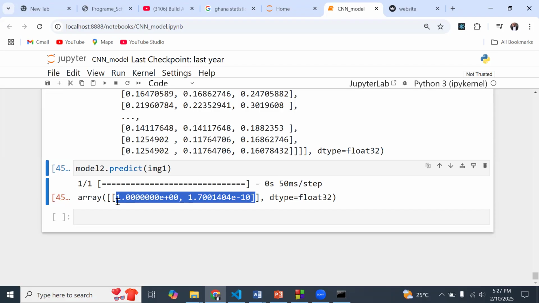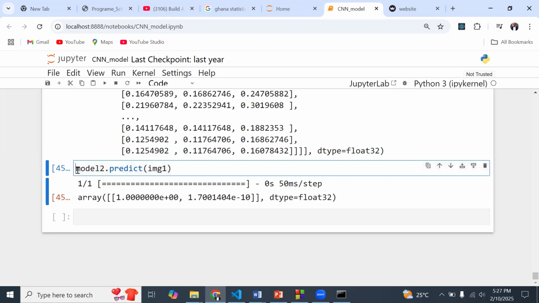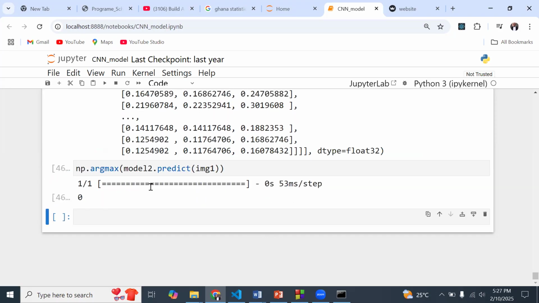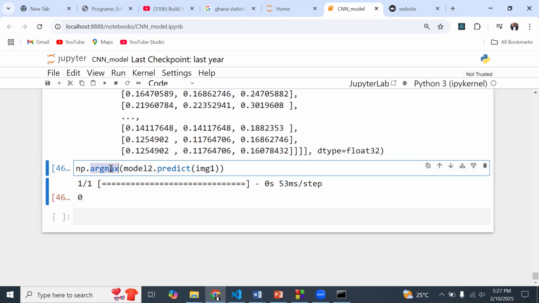Now remember, in the past we used to do np.argmax, and that argmax was giving us either a 0 or a 1 based on the highest value of whatever we have. That's exactly what we are going to do here, because if I do np.argmax over here, I'm just going to see a 0. So when I run this, you see that I'm having a 0. So that's the argmax we are going to use in the logic that we are going to write.